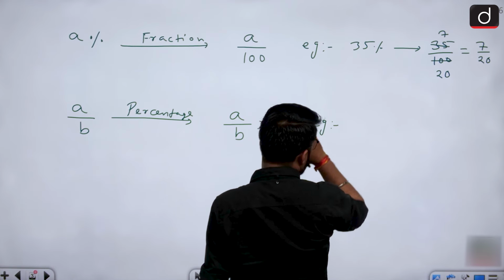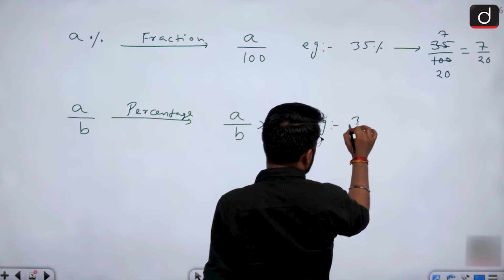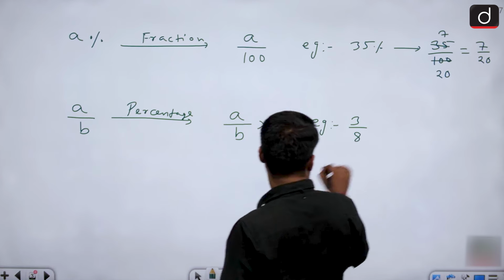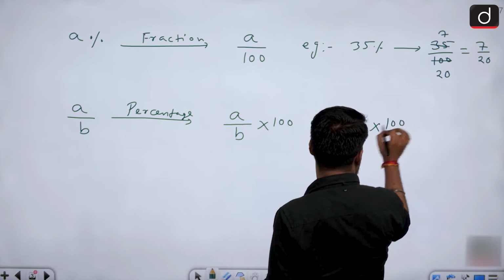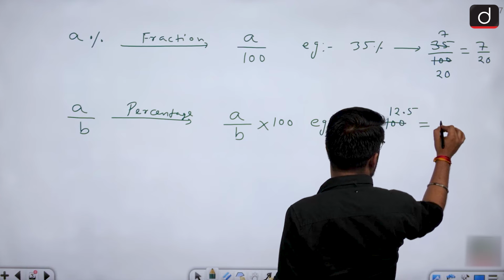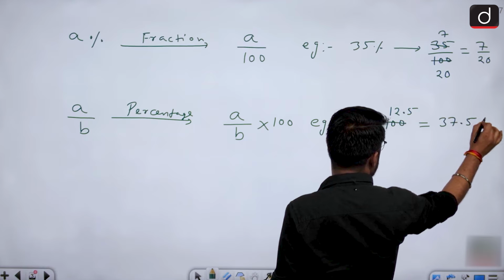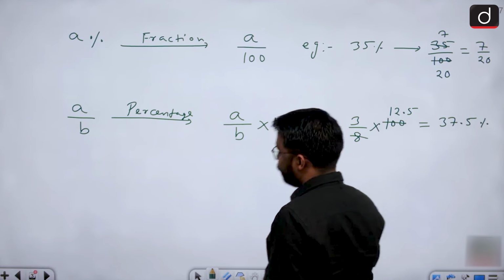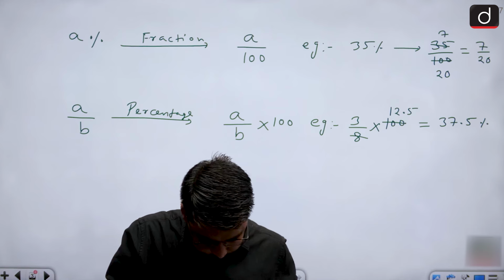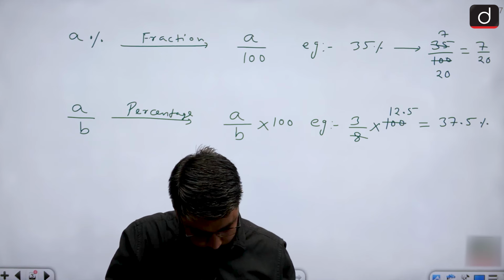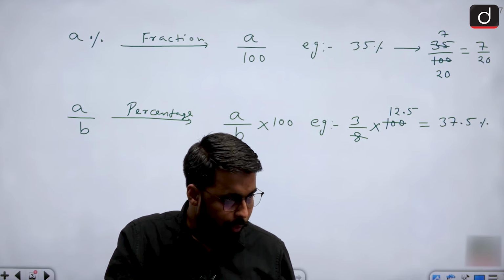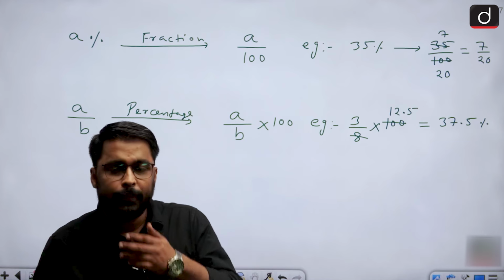For example, let's say I have a fractional value 3 by 8 and now I want to convert this 3 by 8 to percentage. We'll multiply it with 100. So with 8, this will be multiplied. So 3 into 12.5, it will be 37.5%. Clear about this? All right. Now